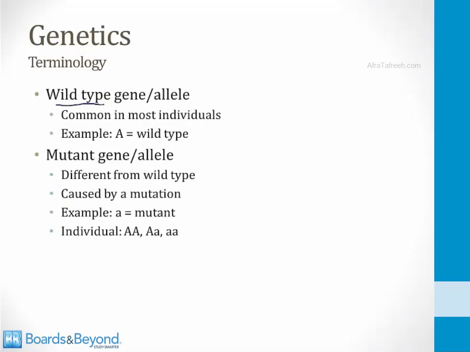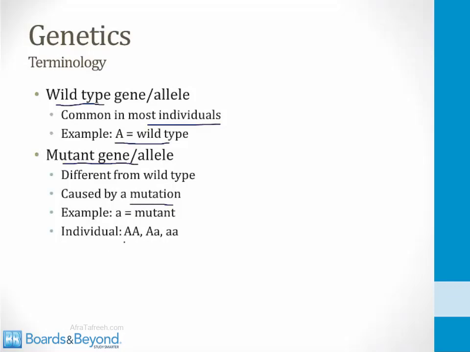The wild-type version of a gene or allele is the type that's common in most individuals. For example, for many genes that come in more than one allele, they will say the capital letter version of the gene, such as capital A, is the wild type. The mutant version of a gene or allele is different from the wild type. It's caused by a mutation, and for example, the lowercase letter often denotes the mutant in genetic examples,